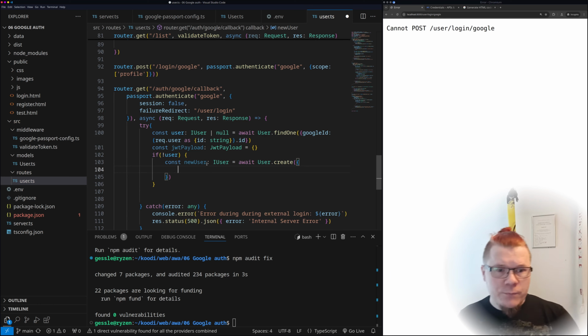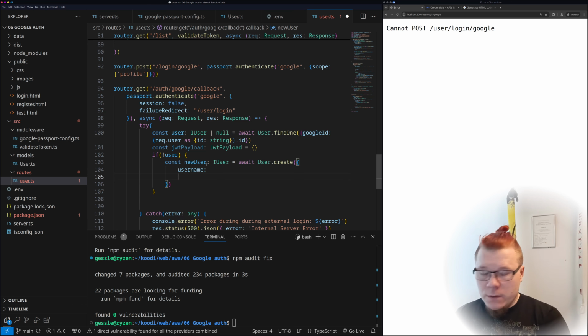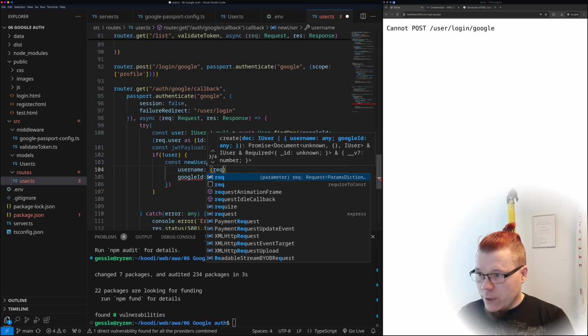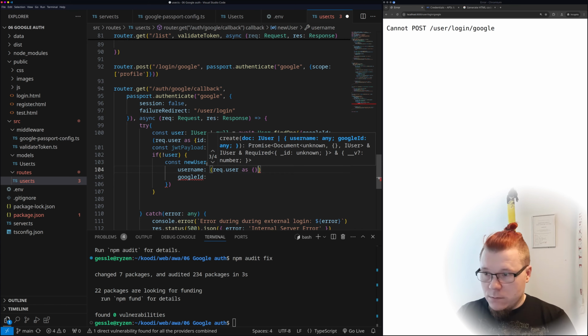Now we have the username, and then we also have the Google ID. Now we do not have a password, we have just a Google ID, and these can be taken from the request user as